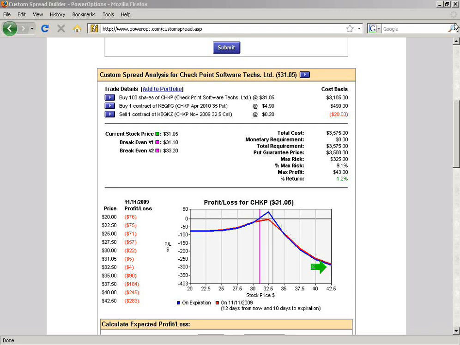And the reason why is because even if the stock moves up very high, let's say it moves up to 35 or 37.5 per share, what's going to end up happening is we get called out at 32.5. That's the strike price of the call we sold. We get called out. We don't take any advantage of the further increase in the underlying stock price, and the put continues to lose value. Now,